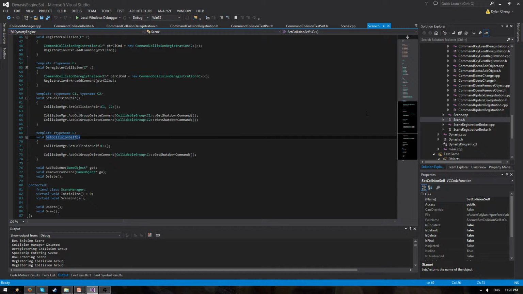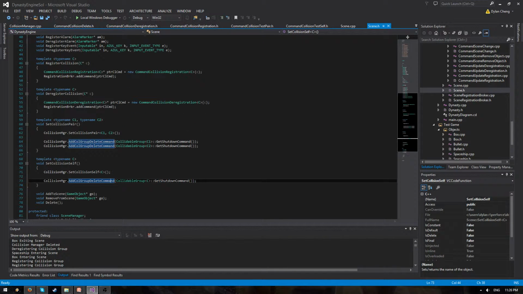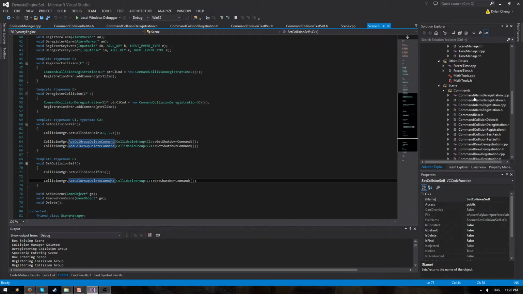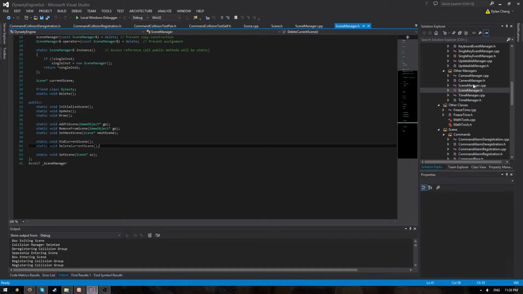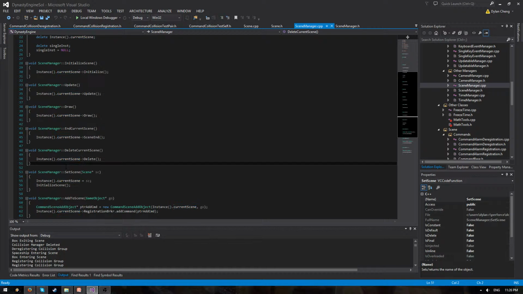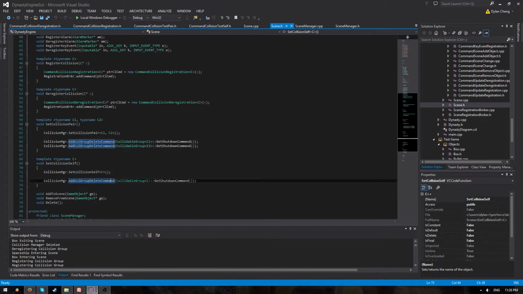Let's see, scene manager. Where I delete the collidable groups is in the scene manager. Actually, the scene manager tells the scene to delete things. So I added a new function where it just says delete current scene, and it calls delete on the current scene. So the scene now has a function called delete here,